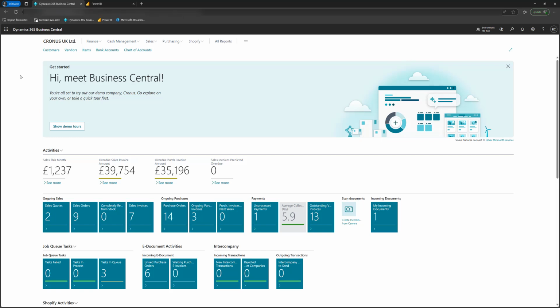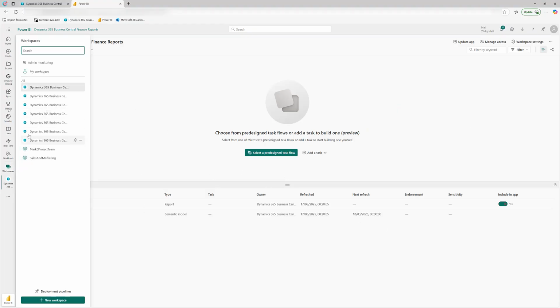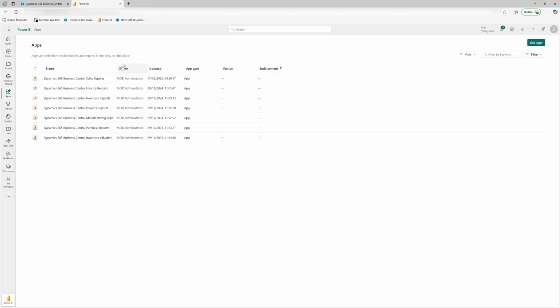The other aspect of sharing these reports with our users is giving them access to the app itself in Power BI. So as an admin, I can see I have all of the workspaces available, and also each of the apps is available to me on the apps page. Now, in order to get the users seeing this aspect and seeing the app itself, I need to install the app for the users, as opposed to them having to go and download them themselves. We can share them with users that have access to those reports. So if I go back to the Finance workspace